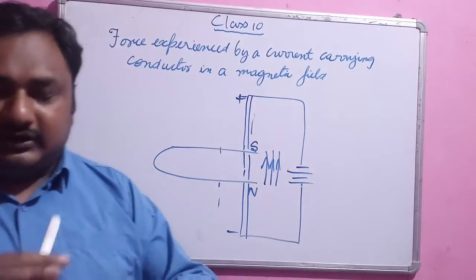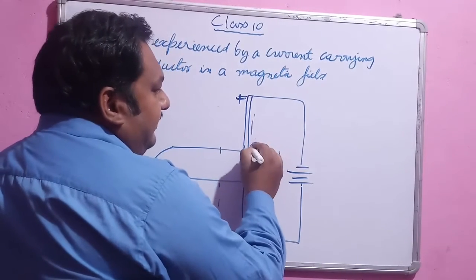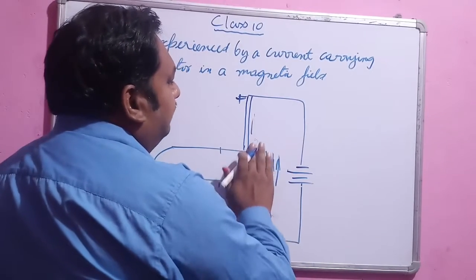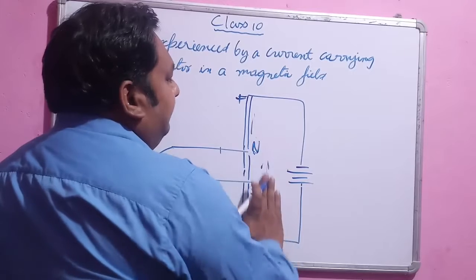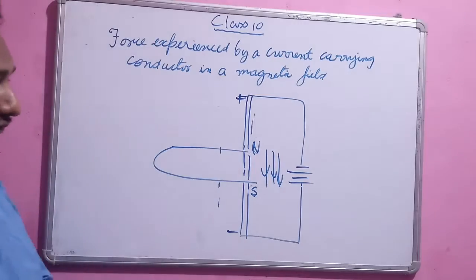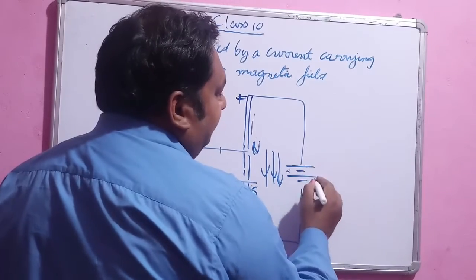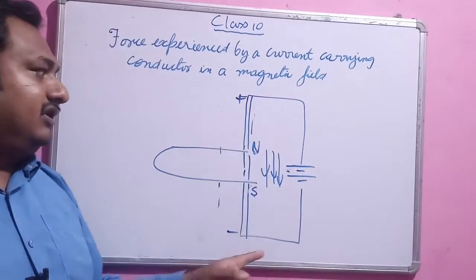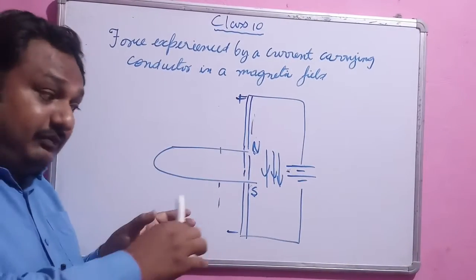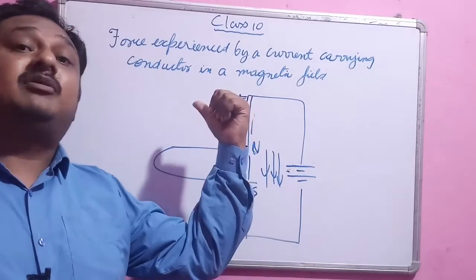Another way of shifting the conductor is just to change the polarity of the magnet. If we make the north pole here and the south pole here, the magnetic field of the horseshoe magnet is acting vertically downward. Now if you flow the current in the previous direction, means what is the direction of the current in the previous case, if you flow the current from this positive to negative terminal, it gets displaced, but displaced in the opposite direction as in our previous case.